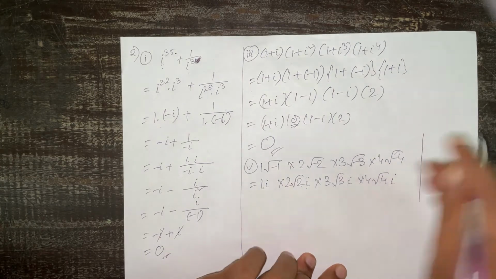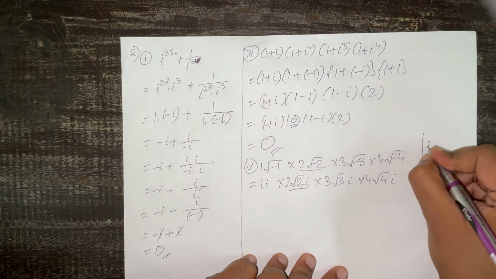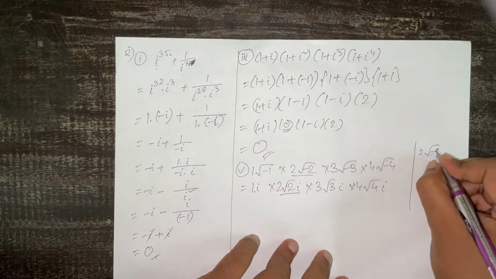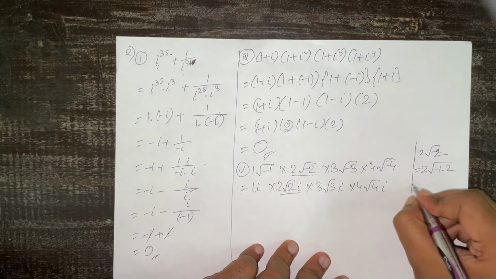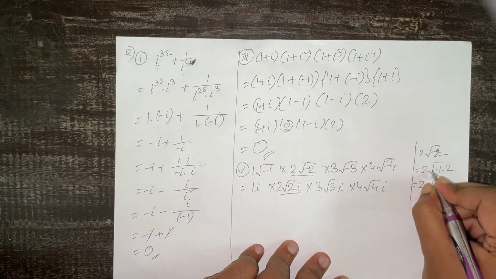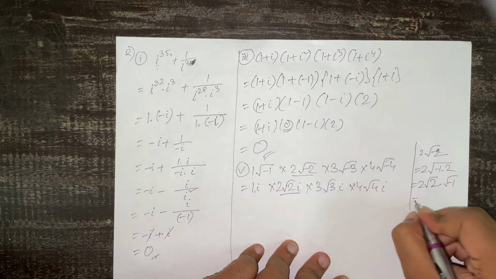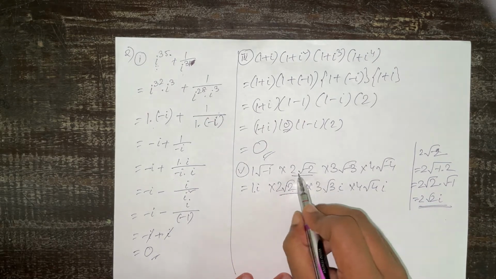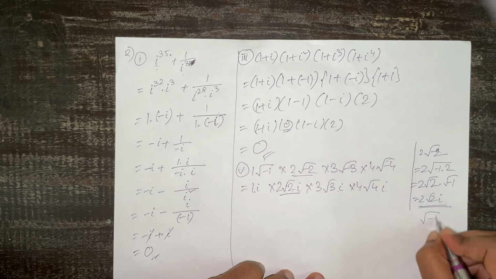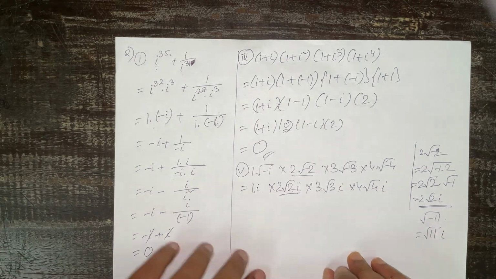So if you are having confusion of how did I get this one, suppose how to turn this into this. So it is 2 root minus 2. So that means I will get 2 into root over minus 1 into 2. So 2 root over 2 will stay inside and then we have root over minus 1. So 2 root 2 and root minus 1 is i. So this is what we have got. So whenever you get numbers like this, suppose you get root over minus 11, you can write root 11 and the root over minus 1 inside becomes i. Okay, so that's a simple form.